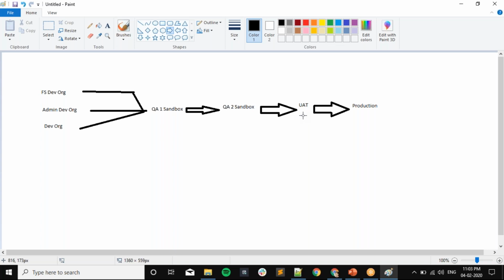And then the client, the technical team from the client side. If we are deploying any feature, that will be available in the beta or pilot version. So that will be available for this UAT.